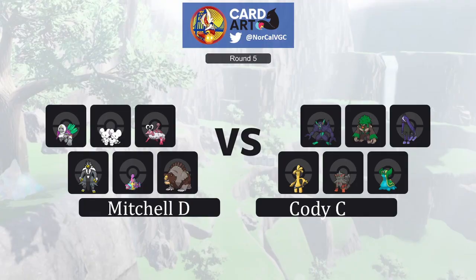Yeah, they're already in team preview. We might not have a lot of time to discuss this. The team that has not been on stream yet is Mitchell's team, running the Oranguru Maushold family of 4, Enamorus-Therian, Urshifu, that is the Dark single strike variant, Bruxish, and the Ursaluna. Yes, so this is